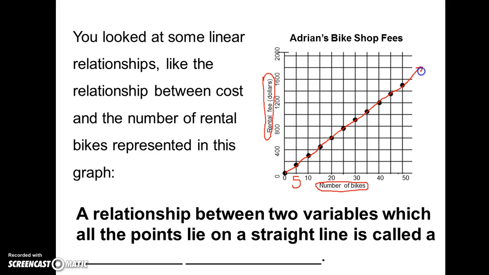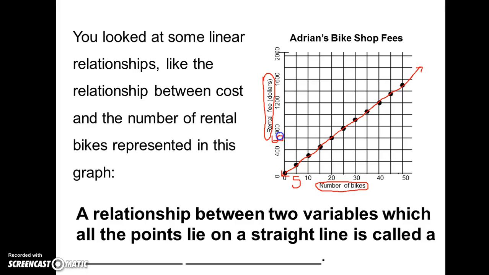And one of the things that we say in variables and patterns is, if the line is straight, there's a constant rate. So since the line is straight here, that means that there's a constant rate between the cost and the number of bikes. And I can see right here that